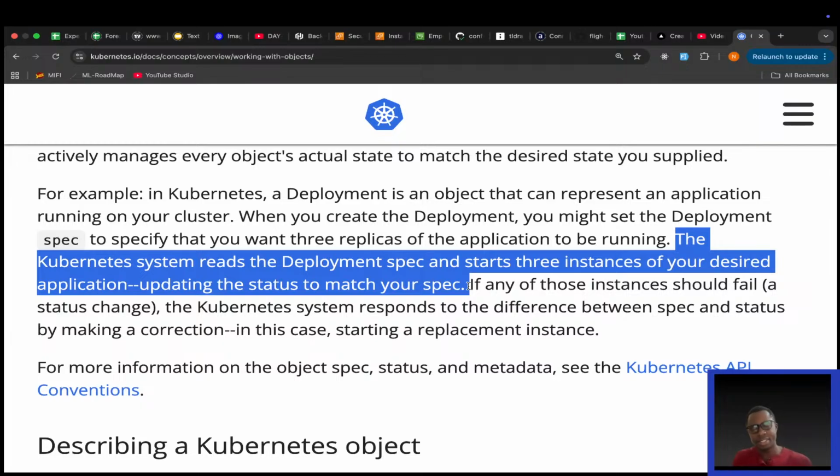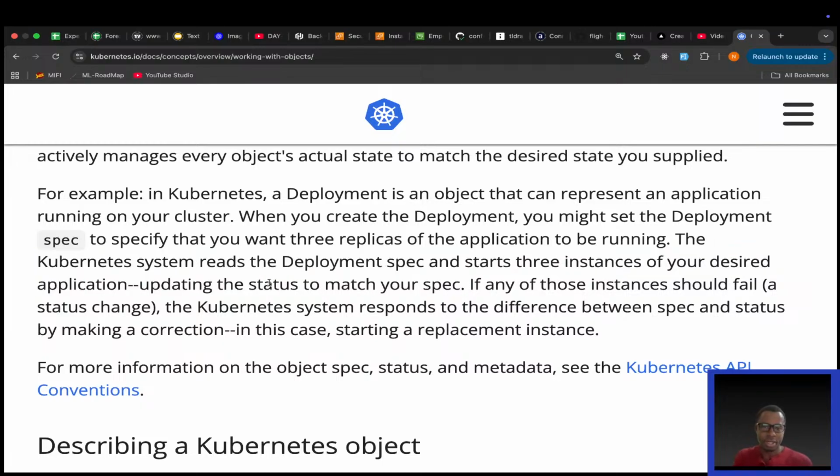It says the Kubernetes system reads the deployment spec and starts 3 instances of your desired application, updating the status to match your spec. So we know that status refers to the current state. But your current state may not mean it's your desired state. Why? Like in this case, as soon as you